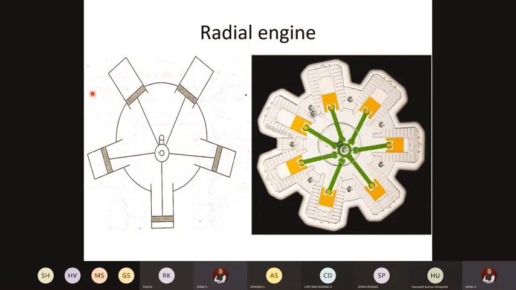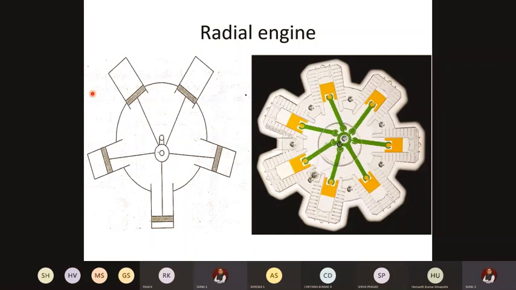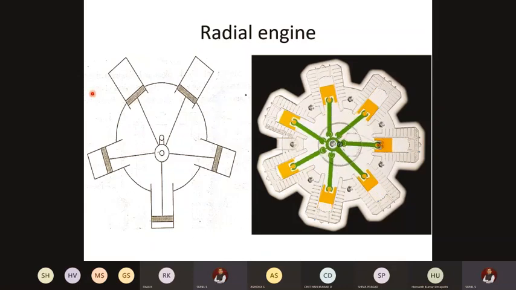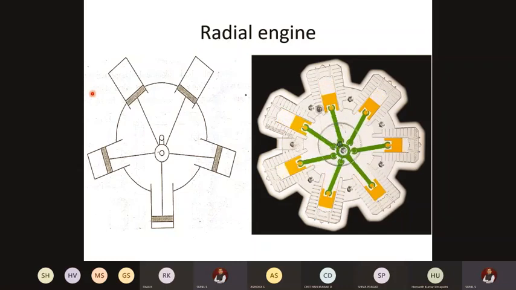So far we have discussed the working of petrol and diesel engines, and we have started the study of the different components of a diesel engine. In that, the first and foremost important component is the cylinder. Then we discussed what material can be used for building a cylinder, and there are 4 important arrangements of cylinder. We have discussed them in detail.